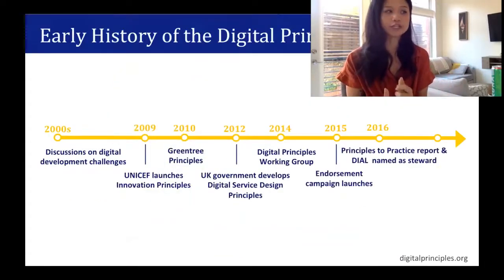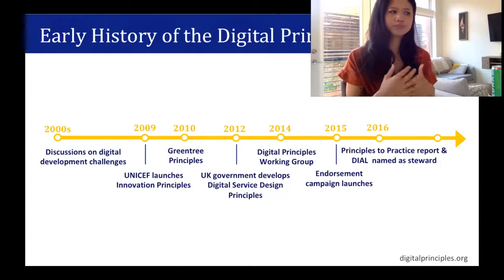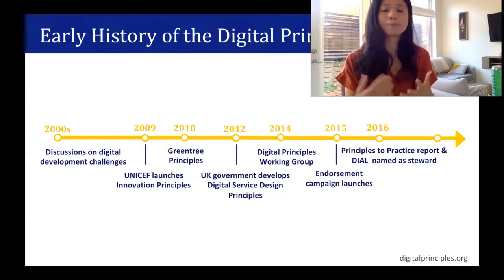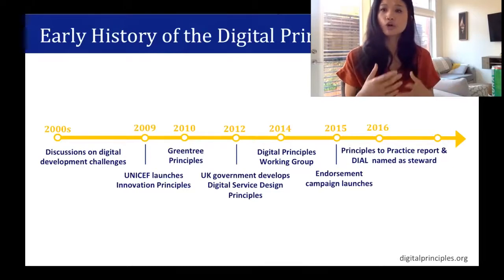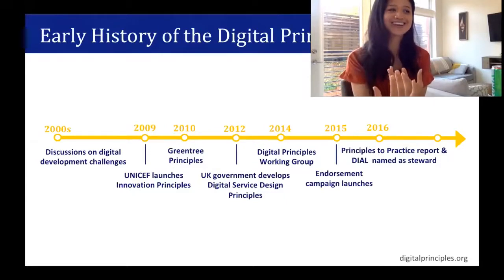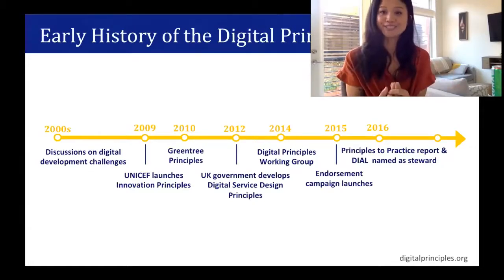realizing these reasons for failures, several large donor organizations and multilateral actors began talking about the failure of use of technology in development. So soon, sets of principles, lessons, and best practices began to emerge, starting with the UNICEF Innovation Principles in 2009, also the Green Tree Principles, the UK's Government Design Services, just to name a few. After all these practices started coming out, they were eventually brought together and synthesized to make one set of principles, which is now Principles for Digital Development.